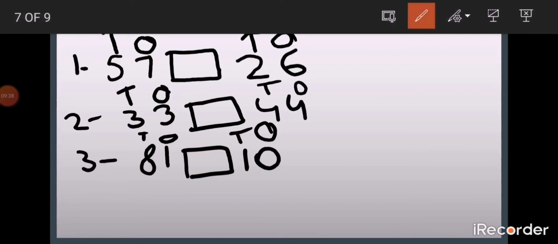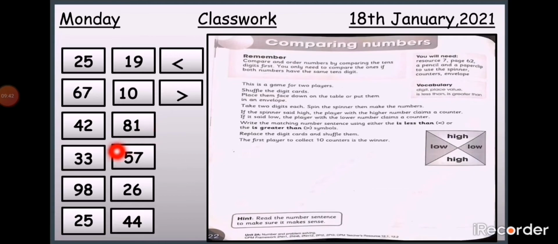Now my fourth number sentence here. Again, I will choose 2 numbers from here. Please try to choose different numbers from this number bank. And you can also write your number bank at the side of your page. Then you will make your number sentences. Please draw lines. First 5 lines very neatly, and then make 5 number sentences here. And you can draw your number bank at the side. Please use my number bank.